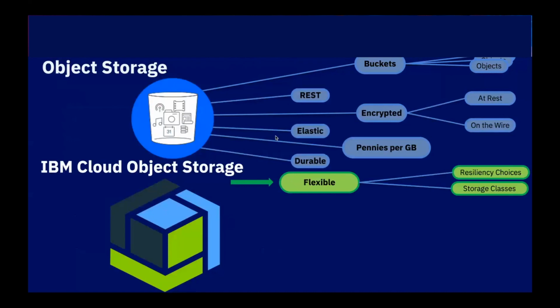And it has various different storage classes in terms of the temperature of data. Data that is more frequently read, you can put into the standard storage class. Data that is read very infrequently can be put into cheaper storage classes, where the read and the access then might cost you a little bit more.